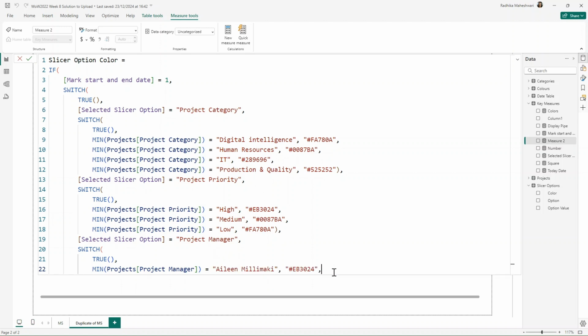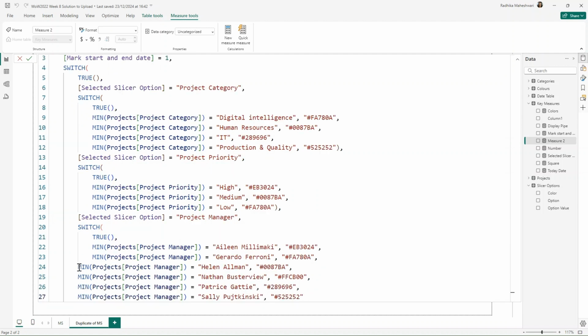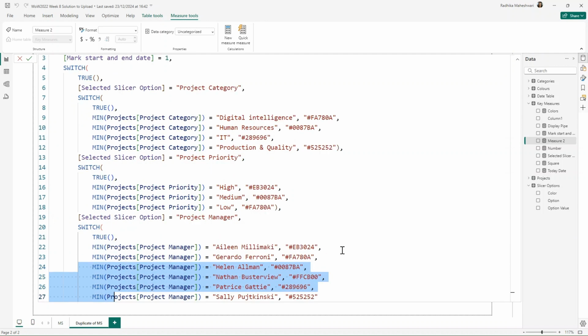If this is the manager, then the color is this one. And I'm going to copy the values for the other managers as well and paste it here. Let's just format this. So what we are saying is when the manager is Gerardo, then this is the color. When manager is Helen, then this is the color. So I have included all the different managers that were there in the project manager column. And I will now close the inner switch bracket.